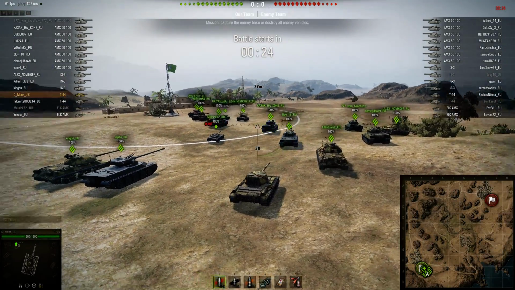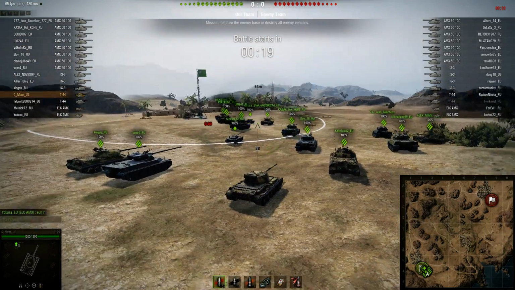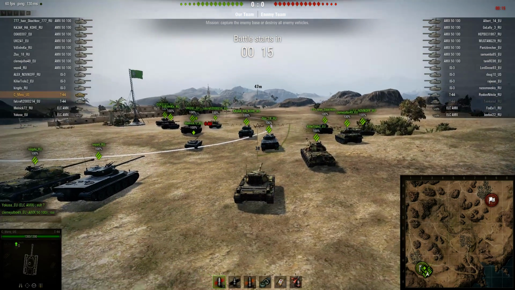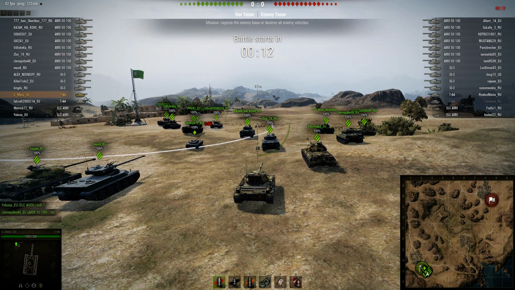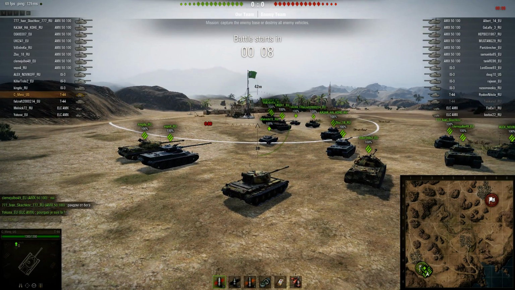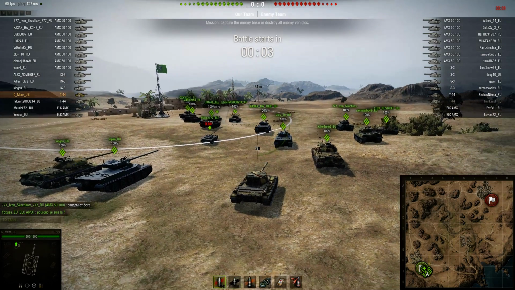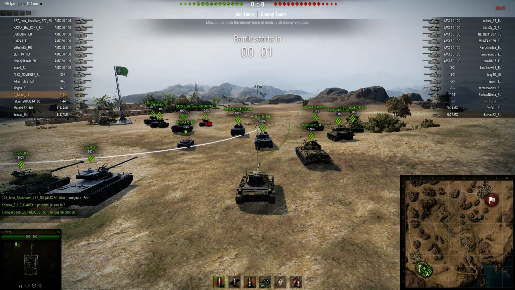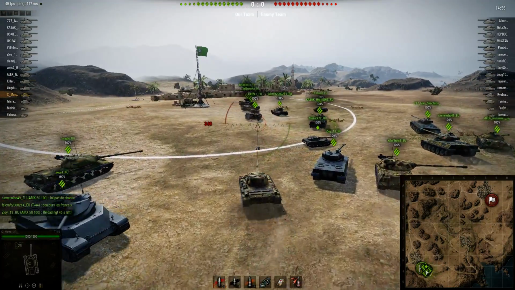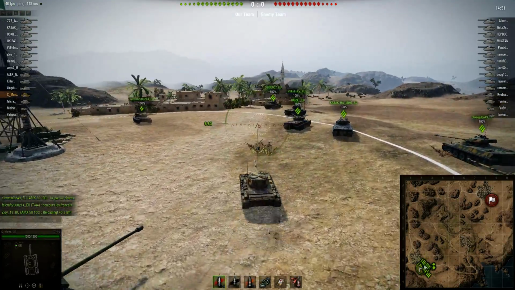I'm on a test server, the new motion physics, and just going to be kind of going over the basics of what's changing. Essentially, it's not as big of a change as, say, War Thunder's motion physics, where it feels like you're basically driving on ice the entire time, no matter what kind of ground or tank you're in. It's just a slight little change that I feel is going to add a little bit more depth to the